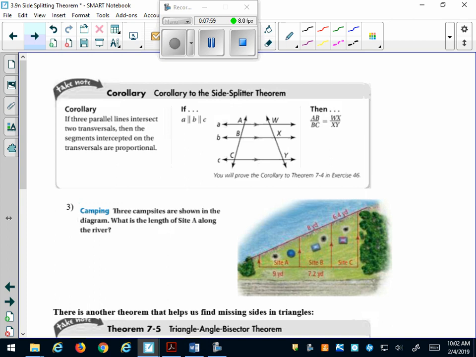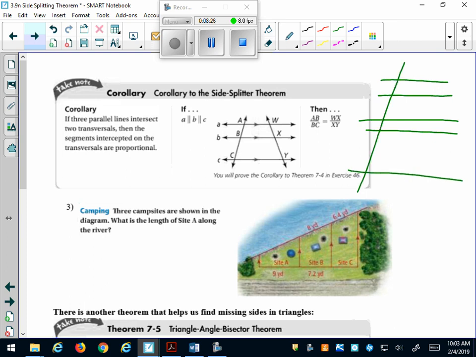Okay, so there's a corollary to this theorem if you look at the other side. And it basically is a little bit more general. Side splitter is specific to triangles. This generalizes. If you actually have lots of parallel lines, not even forming triangles necessarily, that are cut by transversals, let's make one that's really slanty like that, okay? Then if all of these lines are parallel,